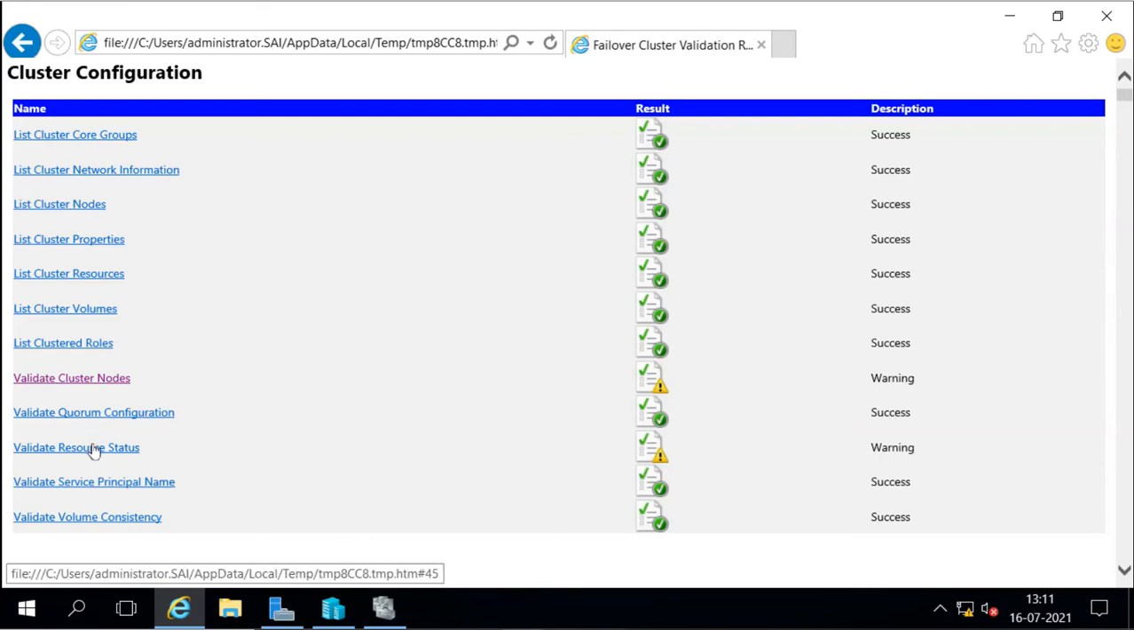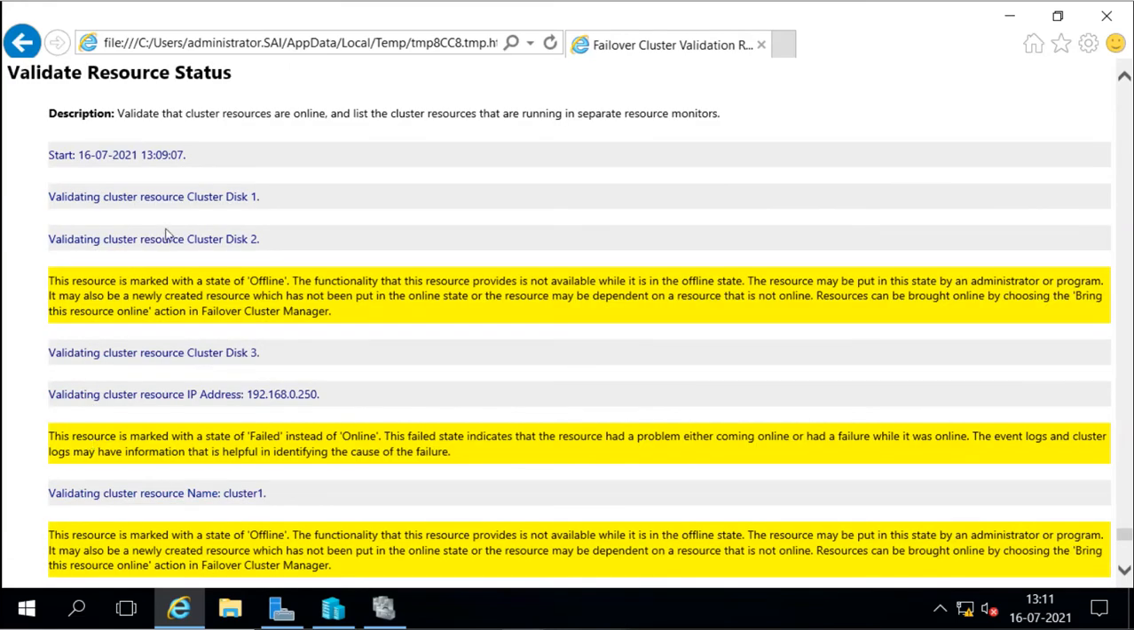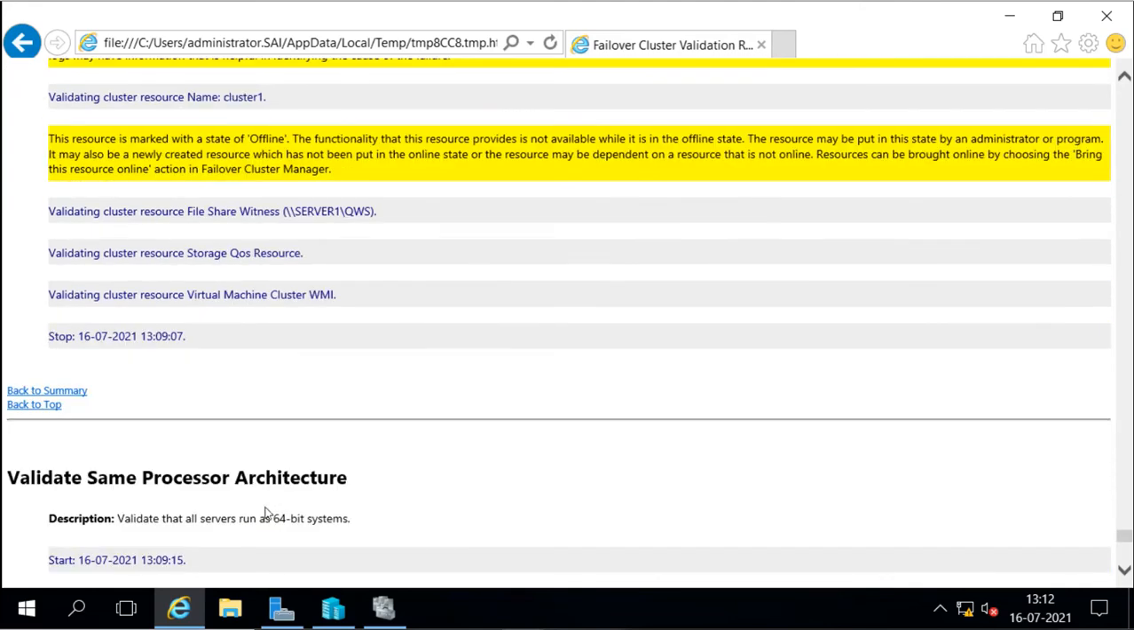Then what is the problem next? Resource. So what is the problem here? The resource is marked with the state of offline. Okay, there is a disk which is marked as offline, and the resource marked with the state of failed, state online. Okay,